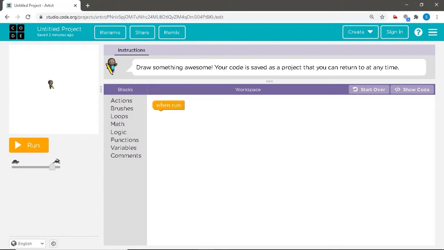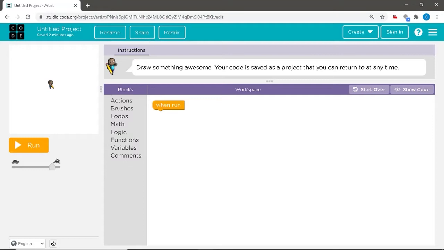As you can see, we are on the Artist Lab of the Code.org platform. We have previously created patterns, that is, repetitive decorated designs. We have used the Artist Lab to create triangular and pentagonal patterns till now. In this session too, we shall create a similar pattern but with a little change.